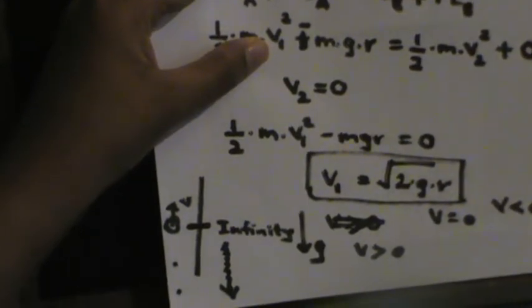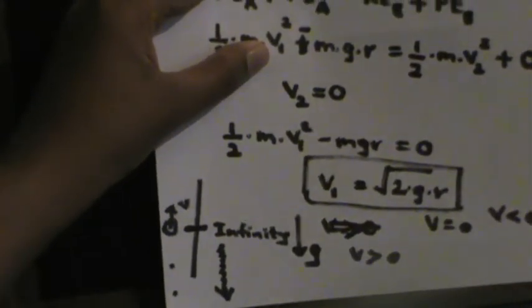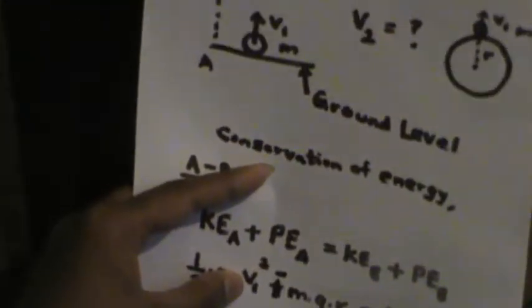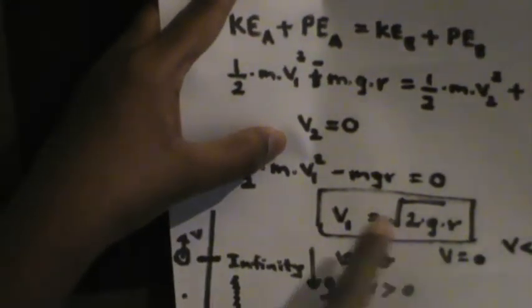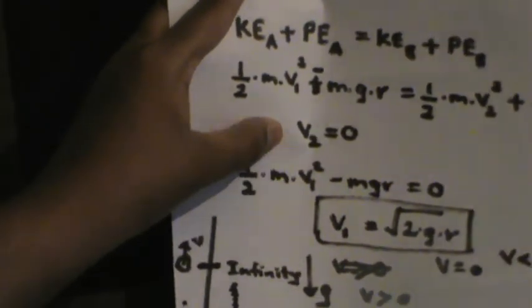When it has zero velocity, that is the limiting occasion, the minimum velocity needed for an object to get rid of the Earth's attraction. If you increase the velocity by even a fraction, the object will get rid of the Earth's attraction. So the velocity v1 equals root 2gr, in which r is the radius of the Earth, is the minimum velocity at which an object should be projected from the Earth's surface in order to get rid of the Earth's attraction at infinity. So v1 is called the escape velocity.